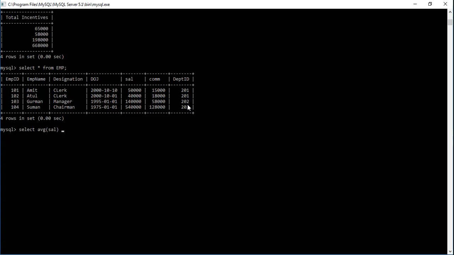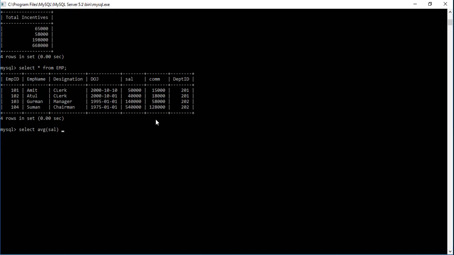So let's change this. First of all, to get the average salary department wise, meaning the average of the two salaries of department 201. And for 2002, we want the average of these two salaries. So we want two groups. For groups we use the GROUP BY command, right?